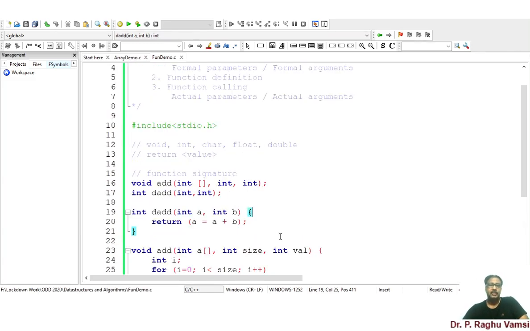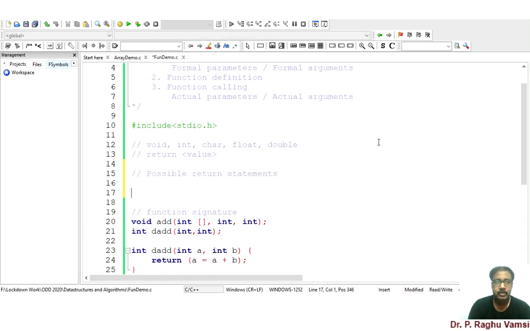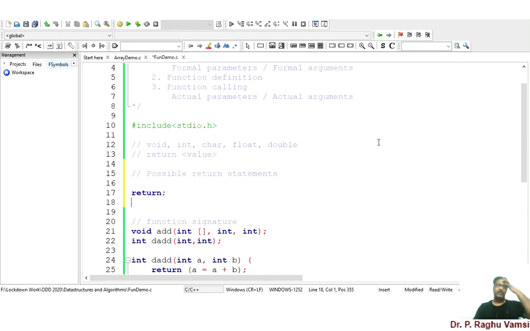These return statements can be written in several ways. You may use a simple return and simply a semicolon. Whenever you say simple return, the control will be shifted to the calling function. That means if the main method is calling some function xyz, and in that function you have written a simple return statement, the control will be shifted back to the main method. This is how the simple return works.